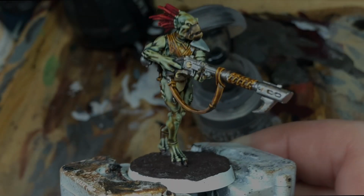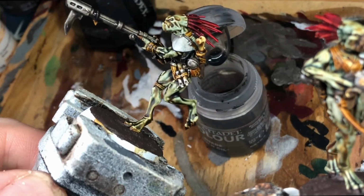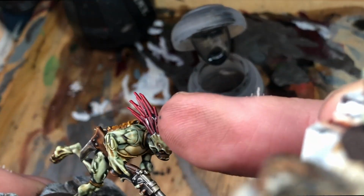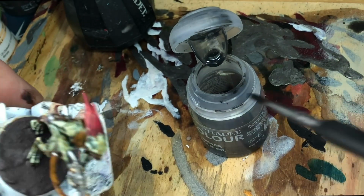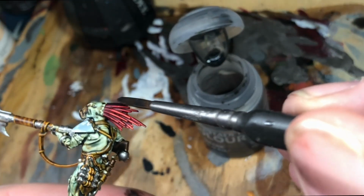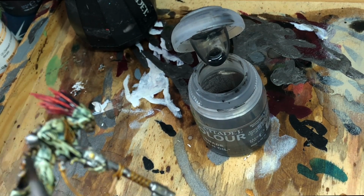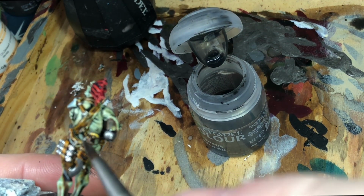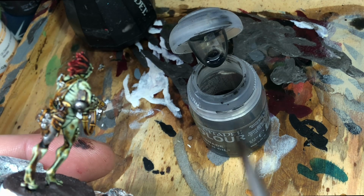Okay, next up is the ink wash. So I'm basically going to do anything that's metallic and anything that's black. We'll go with Nuln Oil, and also the front of the quills, just so it darkens the area. So what I'll do is just go pop, pop, pop, pop, and look for anything that's metallic. It doesn't matter too much if you get it on any other colour. Try not to, but